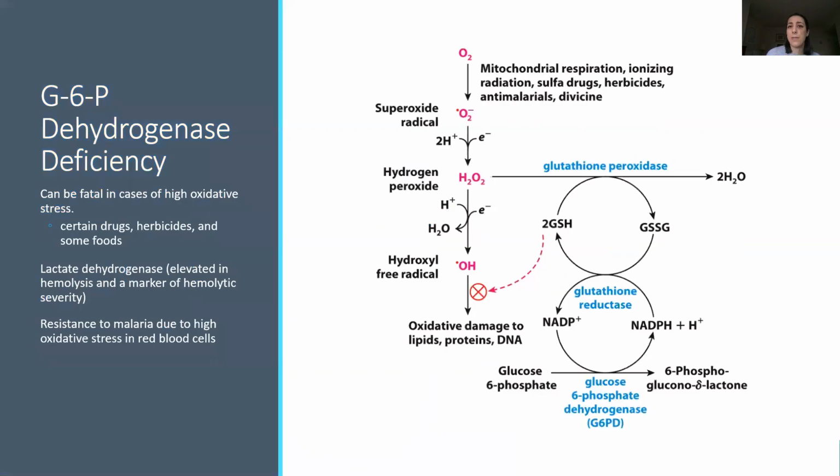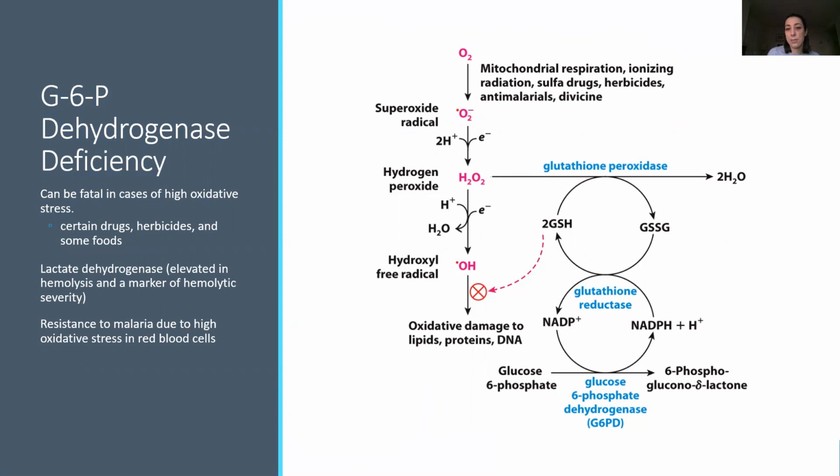So remember, the pentose 5-phosphate pathway is important in red blood cells. We see it utilized in red blood cells often. And this is why when we have an error with that enzyme, red blood cells in particular are affected. The reason they are so affected is because of their reliance on the pentose 5-phosphate pathway to help counteract oxidative stress. If we cannot turn on the pentose 5 pathway, we're not generating that needed NADPH, which is used to help